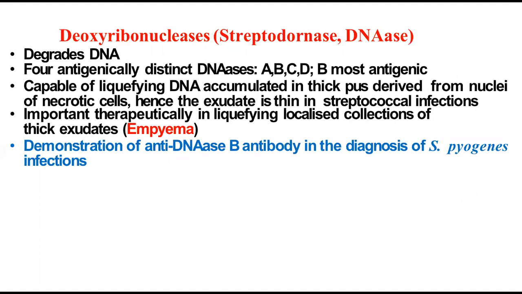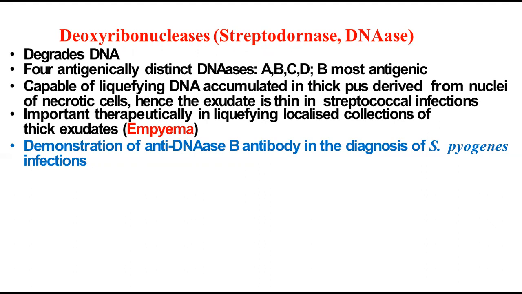deoxyribonuclease or streptodornase, also known as DNase. As the name indicates, it can degrade DNA. The important function is that it is important therapeutically in liquefying localized collections of thick exudates, empyema. What is empyema? Empyema is a disorder where there is pus in the lungs. So we can say it thins the pus inside the human body, because